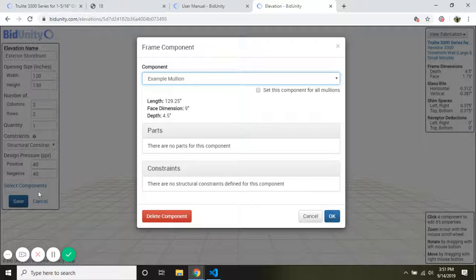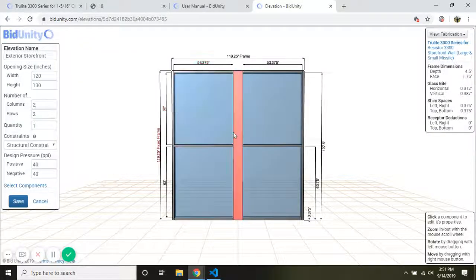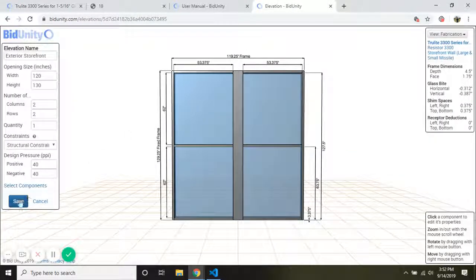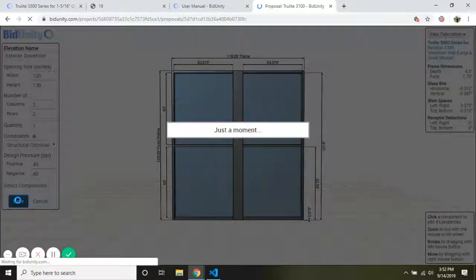When you start drawing the elevation, it gets all the data that describes the mullion and includes that in the drawing. When we save it, however, it's going to look at what is actually configured, and then it's going to generate the parts list accordingly. So if we go ahead and save that,